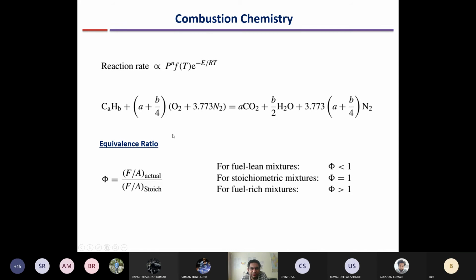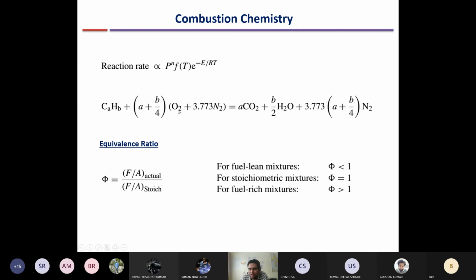So we will not do these reaction rate calculations, but this type of calculation you can assume may come in the exam, or you should be able to do. Just calculating the amount of air required, or the air fuel ratio, for a certain hydrocarbon. I will discuss this in more detail. But before going to that, let us take a look at the reaction rate. Reaction rate is proportional to some function of pressure times some function of temperature, and actually it is a strong function of temperature. It varies exponentially, so if the temperature increases, the reaction rate will increase drastically.